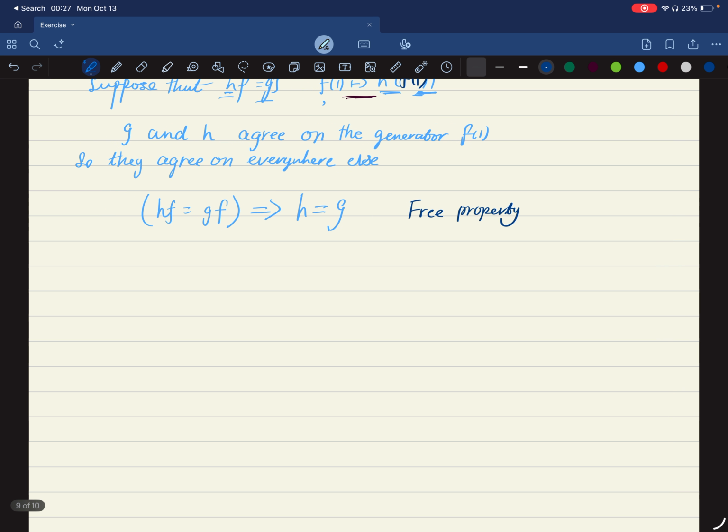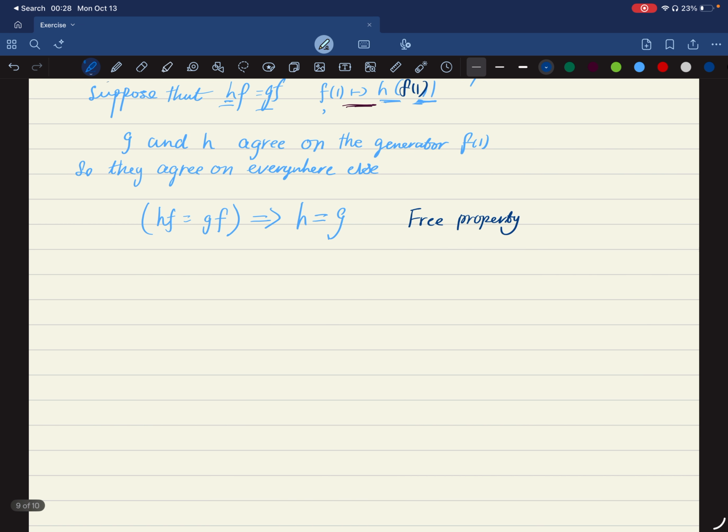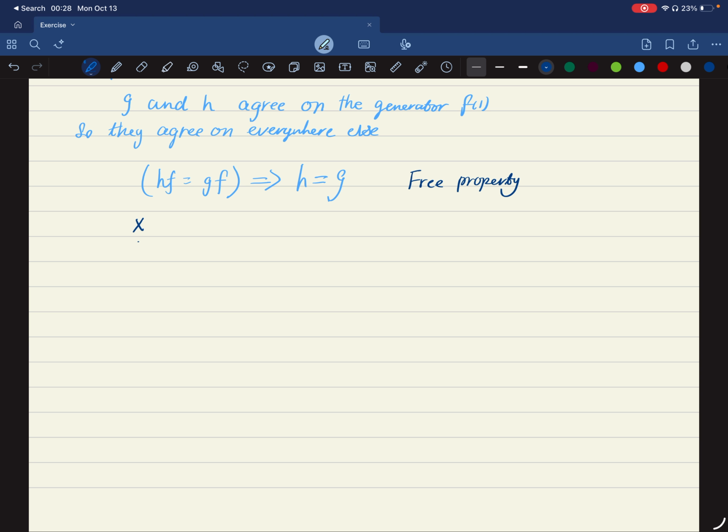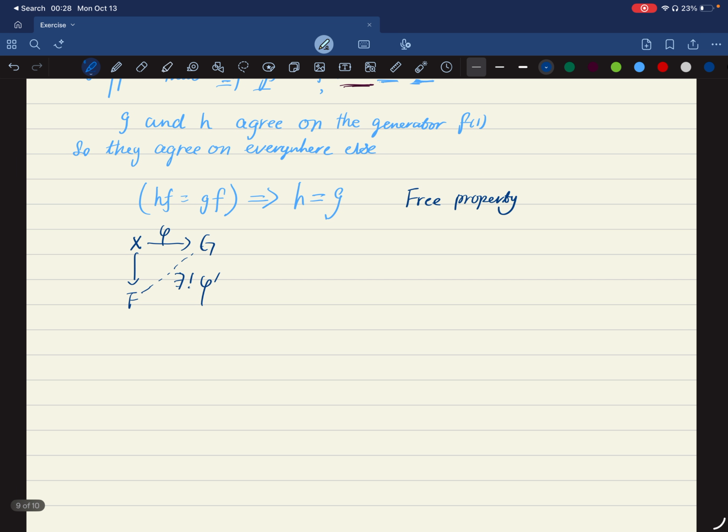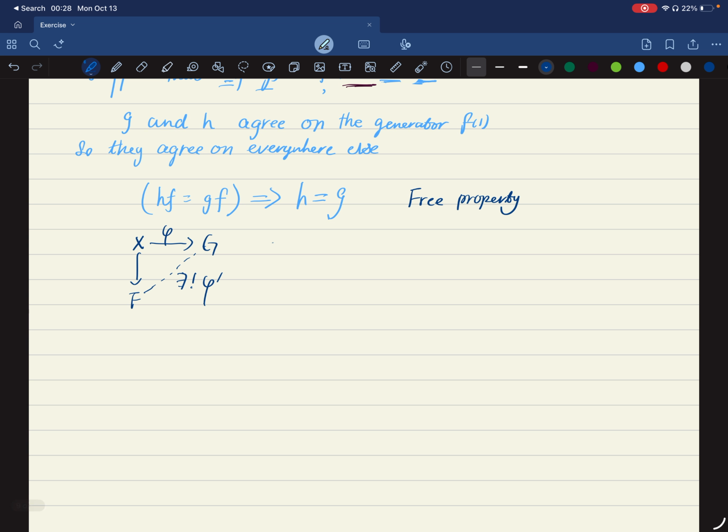Well, they're actually pretty similar in a way. You can think of it as a set X contained in a group F, and there is a phi. So there's a unique group homomorphism, so there exists phi prime. So this thing will extend to a unique group homomorphism, and essentially we're saying,